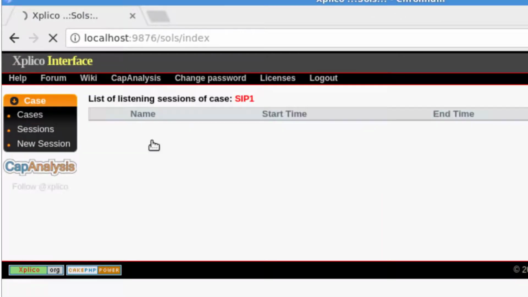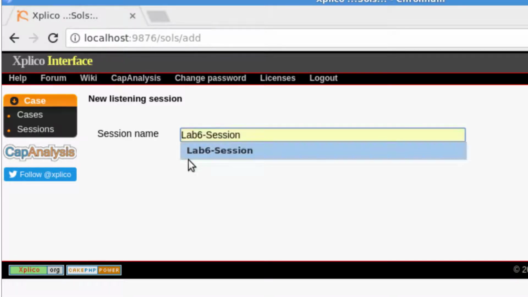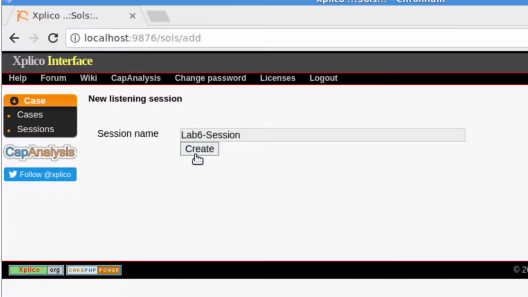We're going to click on it, and then we're going to create a new session. We don't have any session in this case, so we're going to create a new session, and the new session name will be lab 6 dash session. Right, so you're going to hit create,